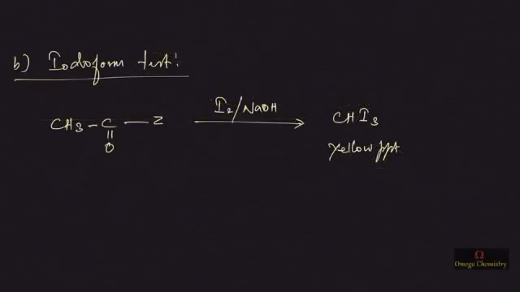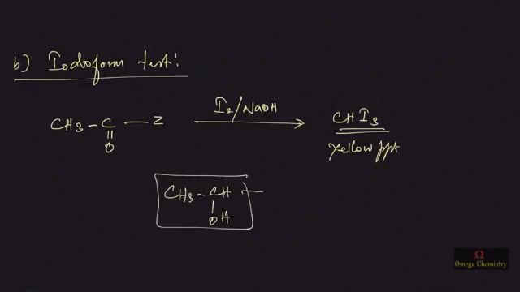The second test for ketones is the iodoform test. Methyl ketones are characterized by this test. When a mixture of iodine and sodium hydroxide or potassium hydroxide is added to methyl ketones, a yellow precipitate of iodoform will be obtained. However, aldehydes like ethanal, ethanol and some secondary alcohols which have the CH3CH(OH) group will also answer this test. That's why this test should be accompanied by the 2,4-DNP test to confirm the presence of ketones.